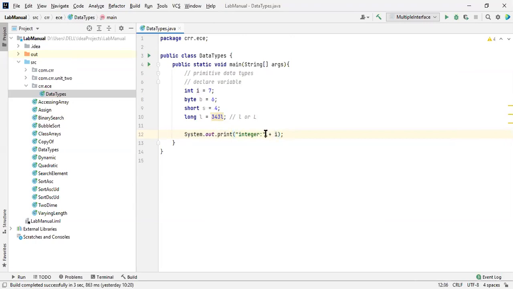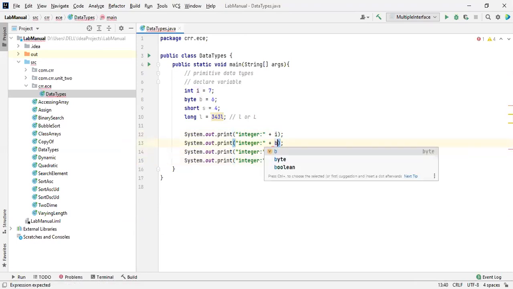For that, there should be an addition symbol, which we call concatenation. If you want to print a variable, it should be outside the double quotes. You are going to concat it to the value. What is the value for that? i is equal to 7. For time's sake, I'm going to copy this one. Paste, paste, and paste.